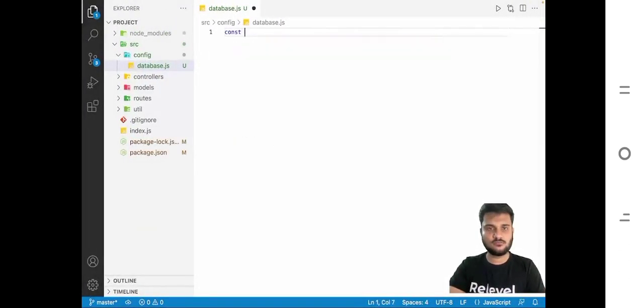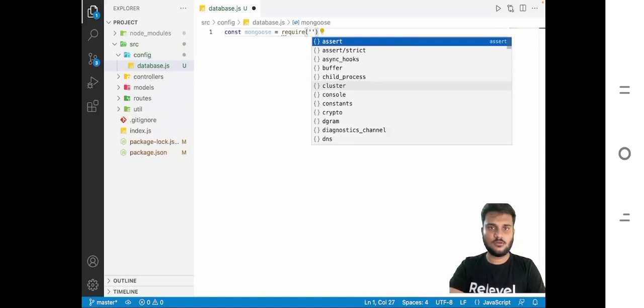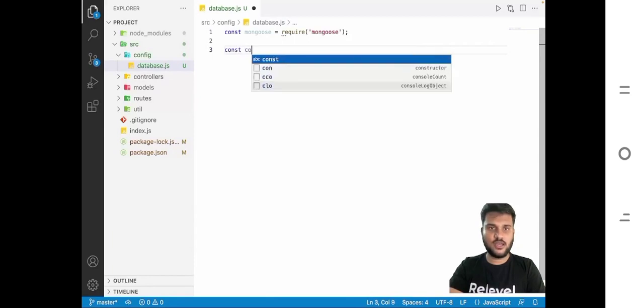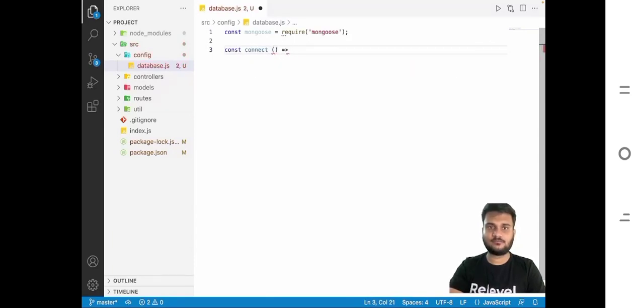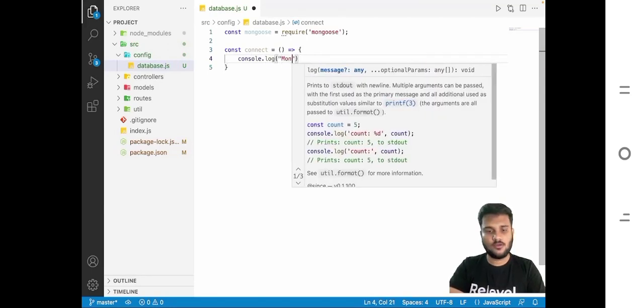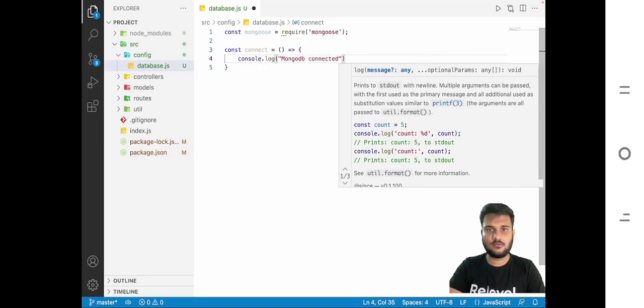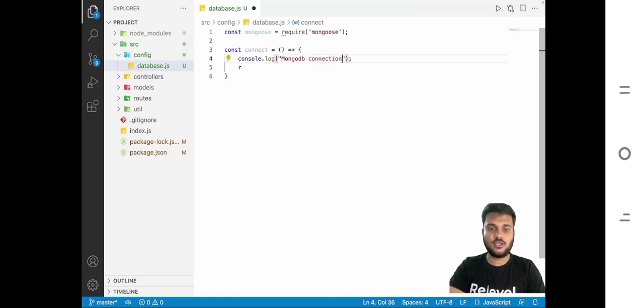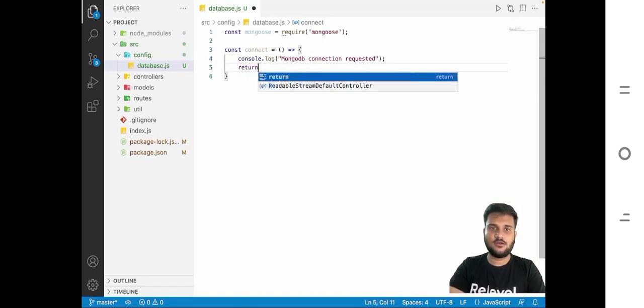So what we can do is const mongoose equals require mongoose. Mongoose setup is installed. We'll write a function, const connect. And inside the connect function, we'll say console.log MongoDB connected, and we can say MongoDB connection requested. We can first of all say that, right, and we'll say return